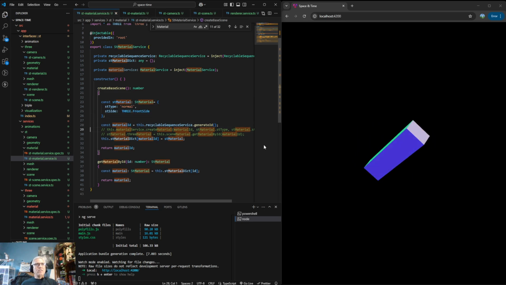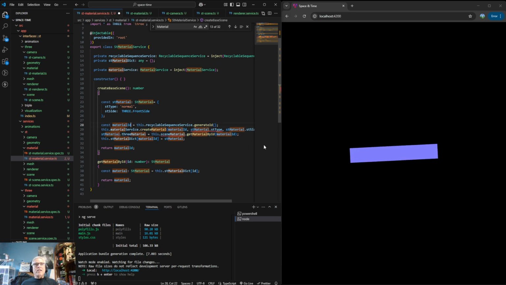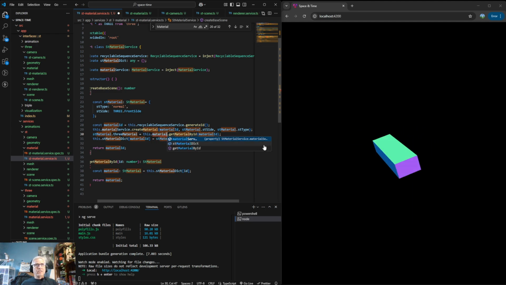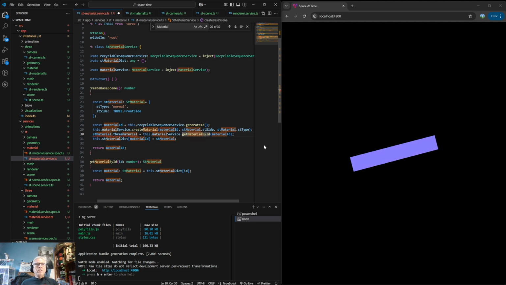We want to comment these two, and then what we want to do is, and I can cleverly do this one so I don't have to do any comma manipulation, but we want the side to be here. And that's good, and then that is weird. Material, I did the wrong one. Material service. And then,